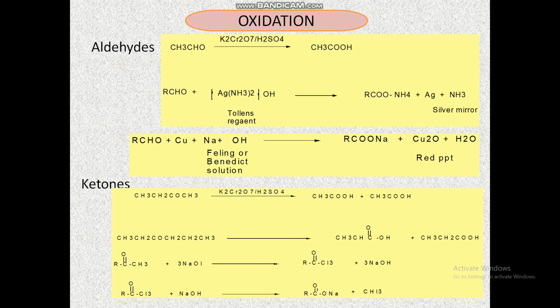In the haloform reaction, haloform means iodoform. So what is the general process? The halogens react with the sodium hydroxide. It will produce sodium hypohalide, that is NaOI, and water. That sodium hypohalide will react with the ketone, producing the iodoform after reaction with the sodium hydroxide. So this is known as the iodoform reaction.